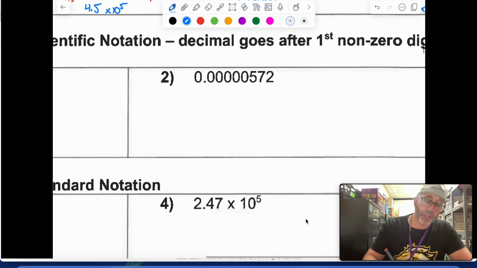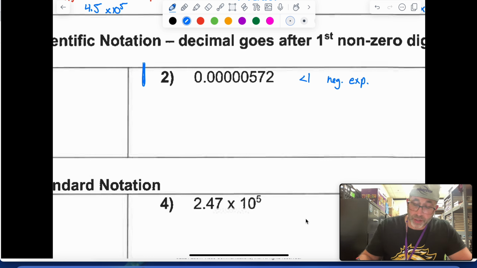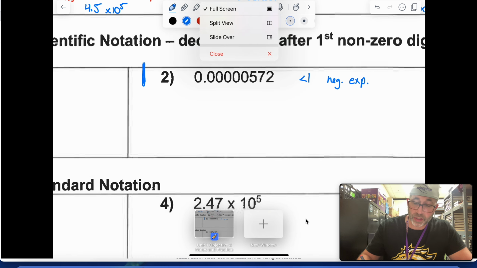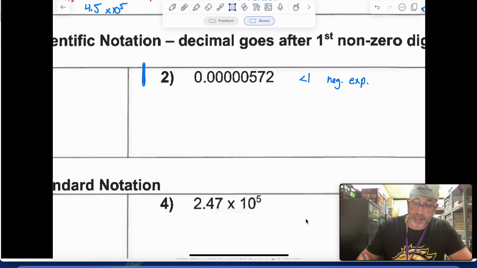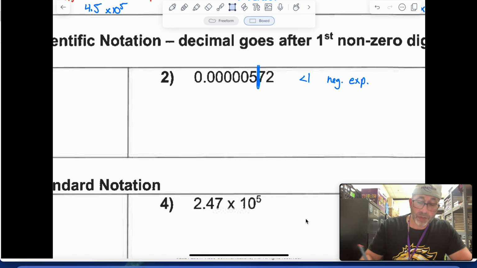Look at this one. This number that we're starting with is less than 1, so we're going to have a negative exponent. Okay, and let's go ahead and start with our line. We're going to go ahead and cut it off between my first non-zero number. So my first non-zero number is going to be that 5 right there. Boom. Cut it off right there. The number that we see is